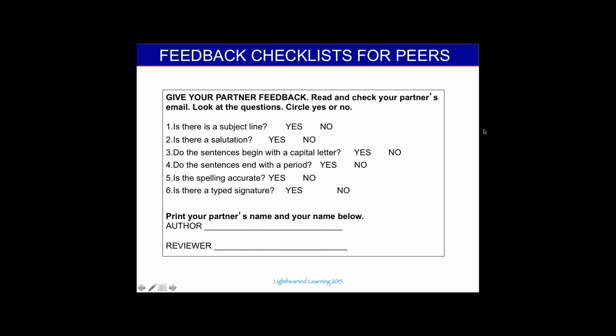So when you give the peers the feedback checklists, you want to make very sure that they're not writing on the paper that they have. You want them to be sure that they're writing on a separate piece of paper that can be clipped to their partner or their teammate's paper. And what I like to do now, and I did not do in this checklist, is have the learner write what line the problem is on, so that when the writer gets the feedback, he or she can locate that pretty quickly.